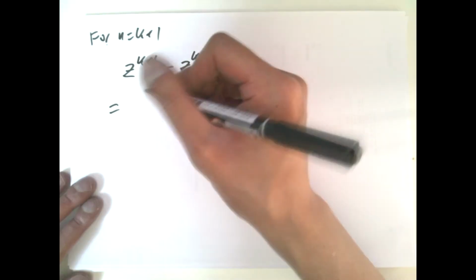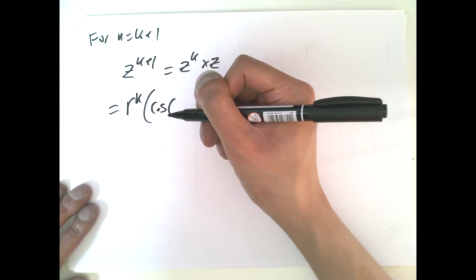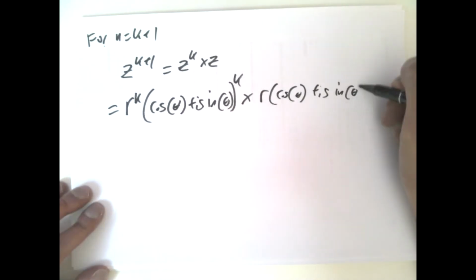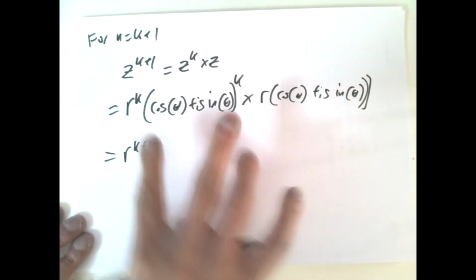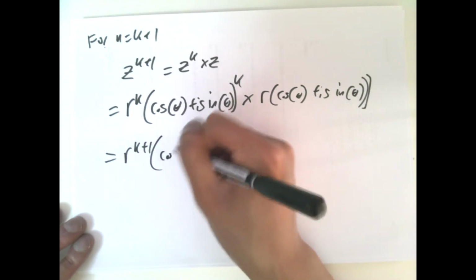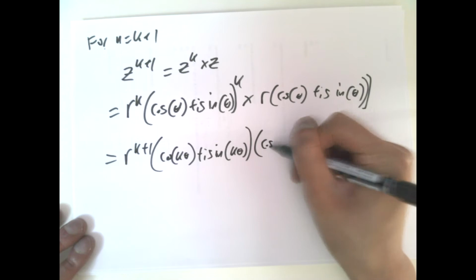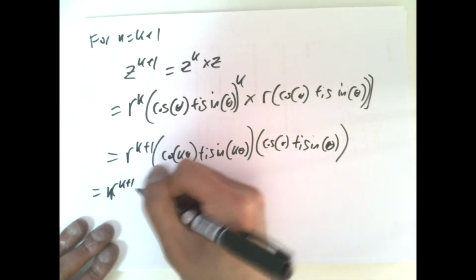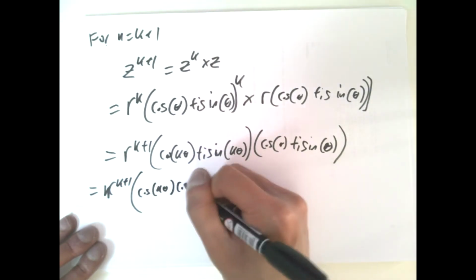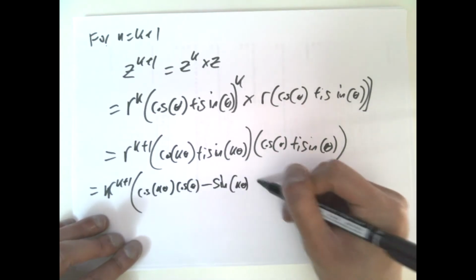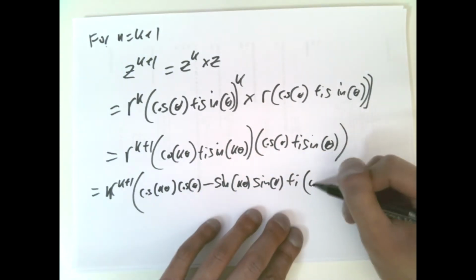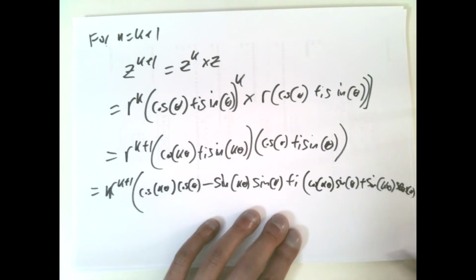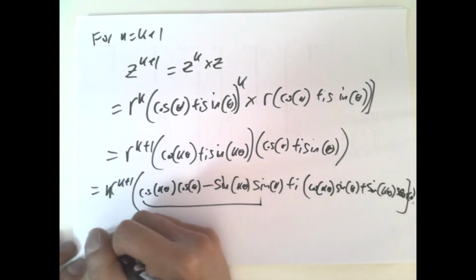But what is z to the power of k and what is z? That was z to the power of k. Factoring out the r's, and applying the inductive hypothesis to this term. Expanding all the reals and imaginaries out, but what is this thing here? This is once again